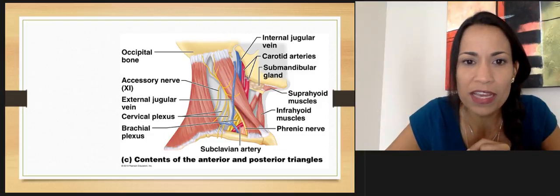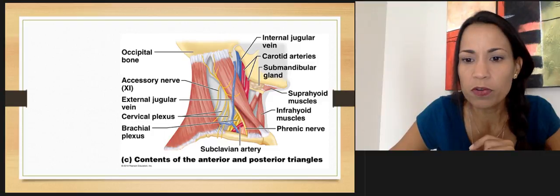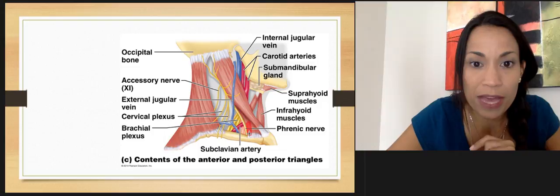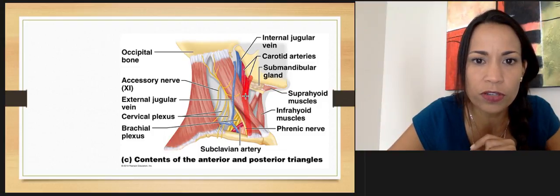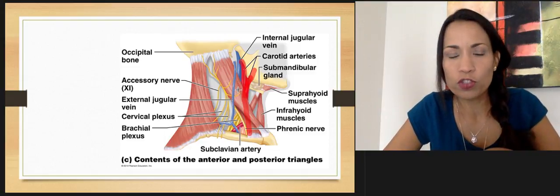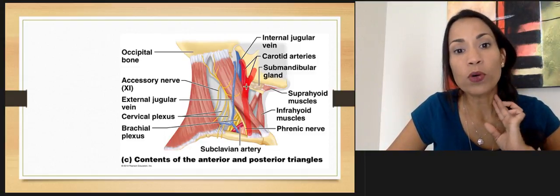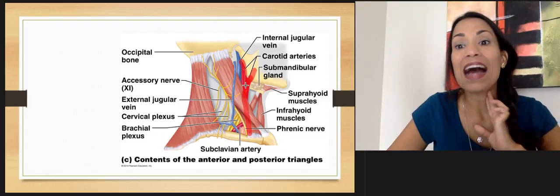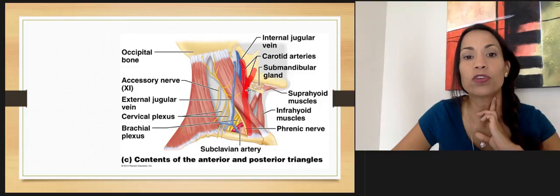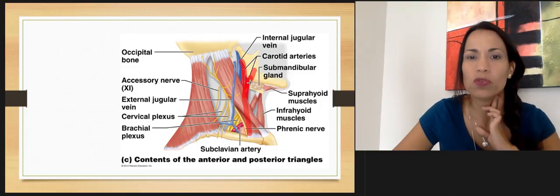In the anterior, very important, we can find the common carotid artery. And well, the common carotid artery is ascending behind the sternocleidomastoid in here and has two branches. This is the internal and this is the external carotid artery. And lateral to that, we're going to find now the internal jugular vein. Now, important is that here and in the anterior triangle, anterior to your sternocleidomastoid, and a little bit deep to the internal